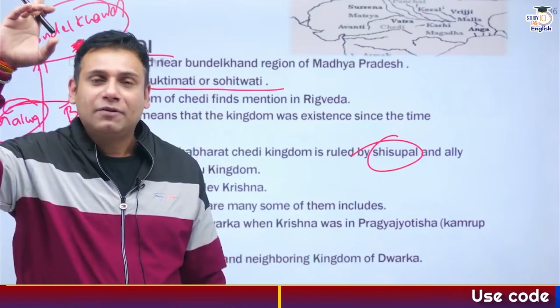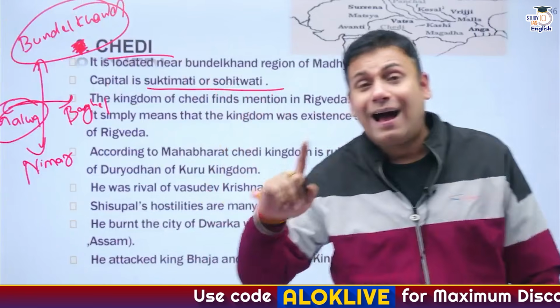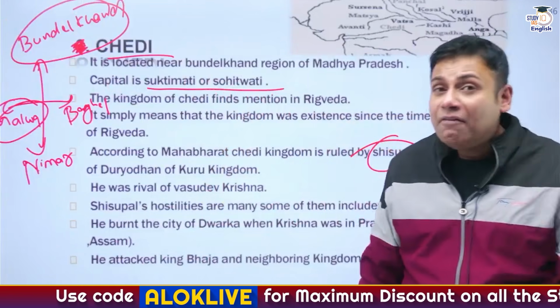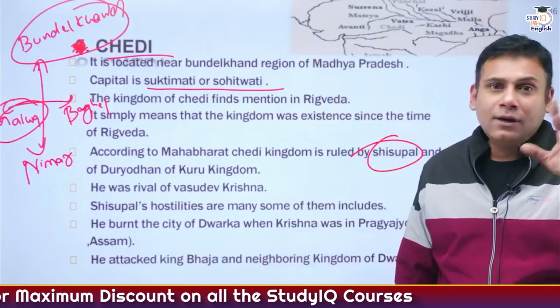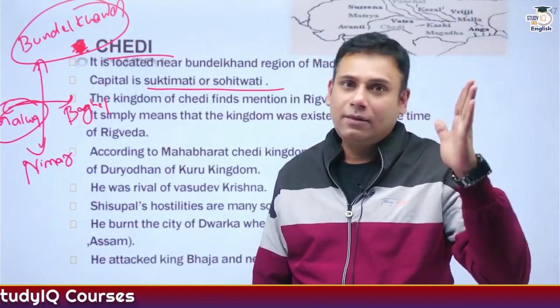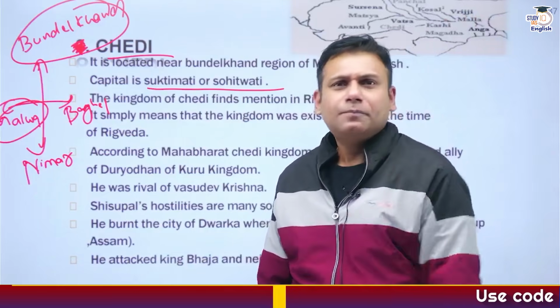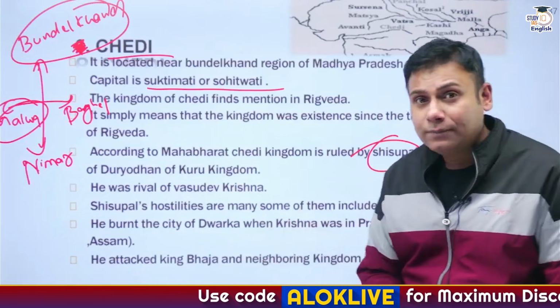Everything is written in the hands of destiny or niyati. I can tell you one thing, or I can promise you one thing. I will forgive his mistakes for 100 times. But after that, I cannot forgive him, because death is the ultimate thing. She said, okay. Now, as I have told you, Shishupal was an ally of Duryodhan from the side of